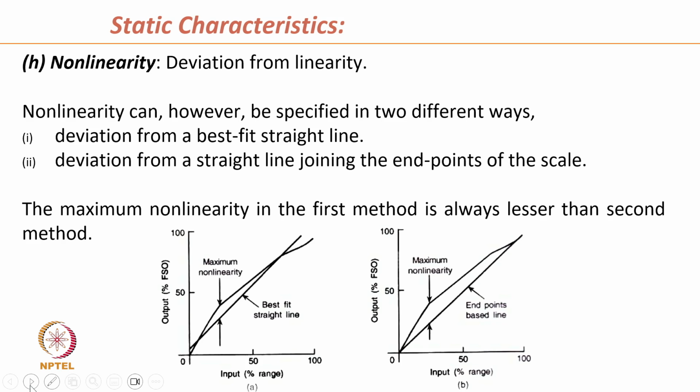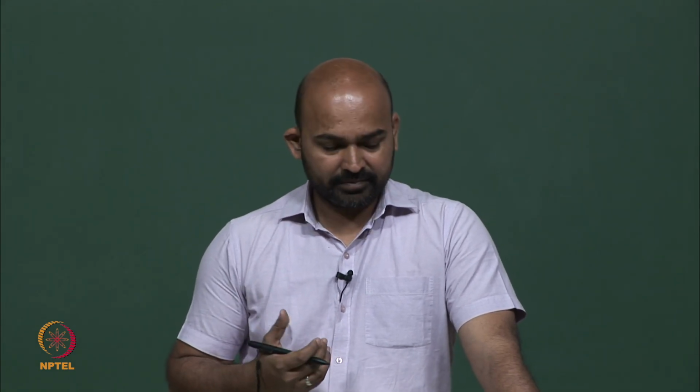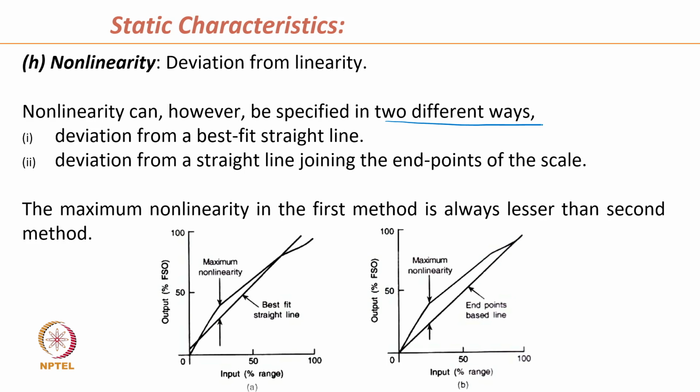When the output of a system deviates from a perfectly linear output, then it is called a non-linear system, and this non-linearity can be specified in two different ways. First, let us say we have in this graph this output produced. So, we can fit a straight line in this output, and the difference between this fitted line and the actual data,